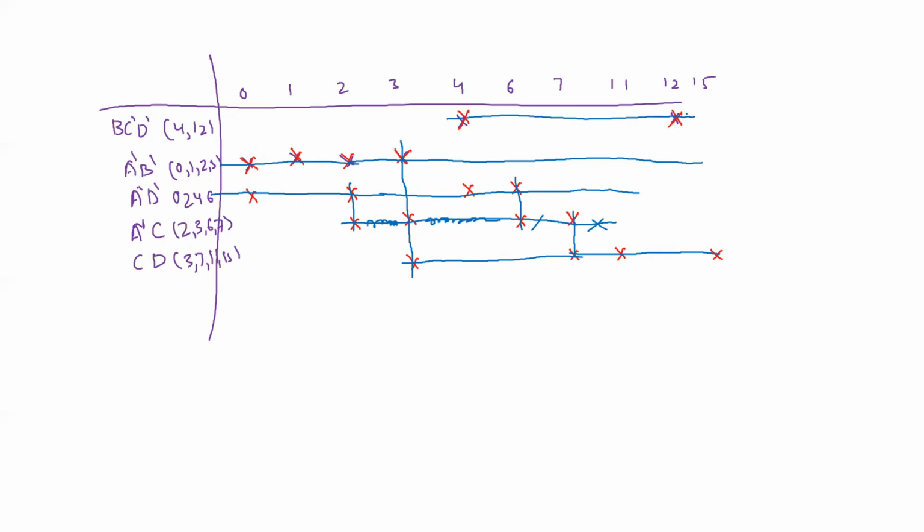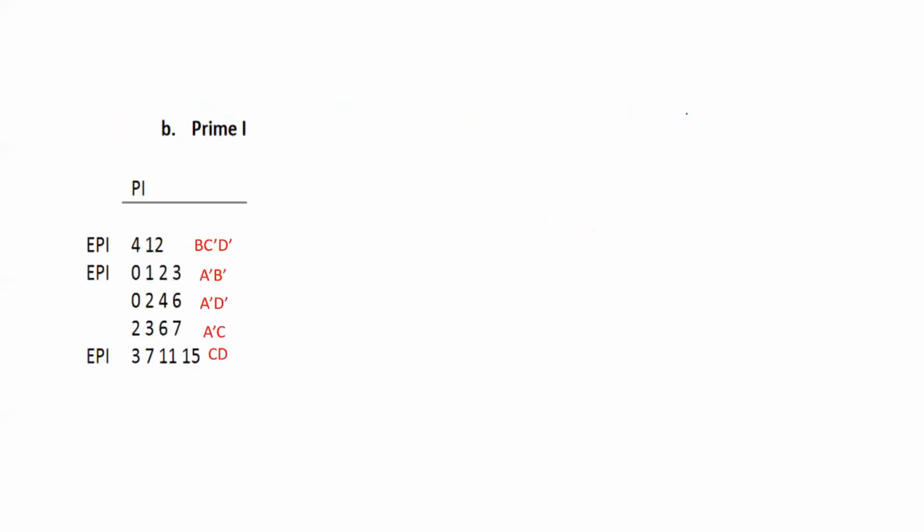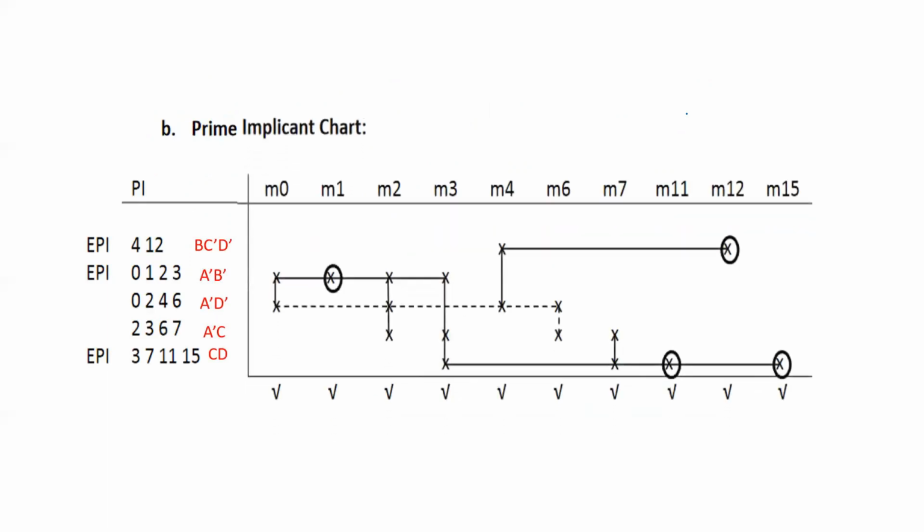So this is being depicted very beautifully in the next slide. Here you can see these are your literals, prime implicants, and we are about to find the prime implicants. So this is what I'm talking about, that lines are being drawn like this. There are two kinds of lines: one are horizontal lines, another are vertical lines. Horizontal lines are being drawn, and from there connections are being made like this.